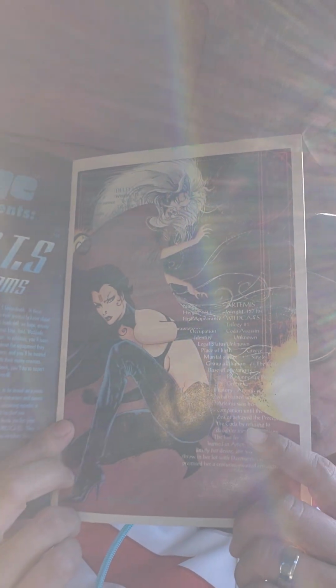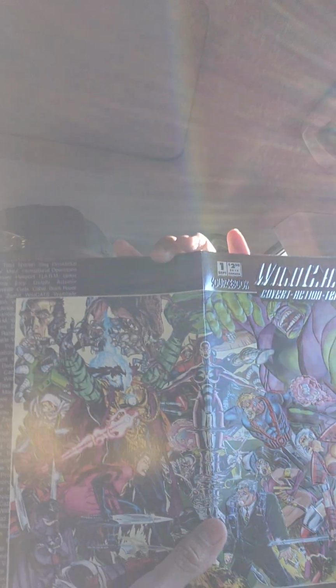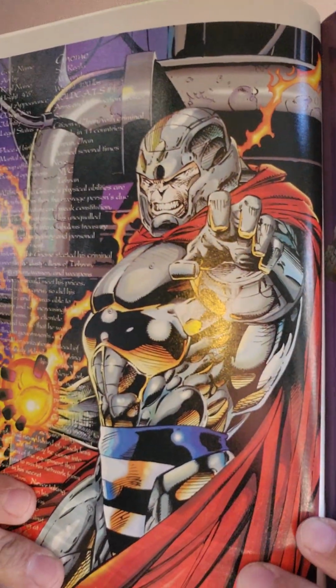So Image, when they sort of came out, they came out with a bunch of these source books for their different universe. This one is a Wildcat source book, issue number 1. It was cool because you could see a bunch of different takes on certain characters. The artworks were really super cool. Some of them,